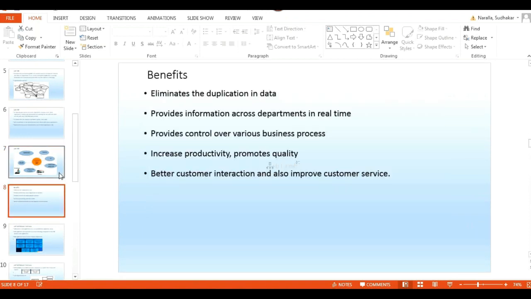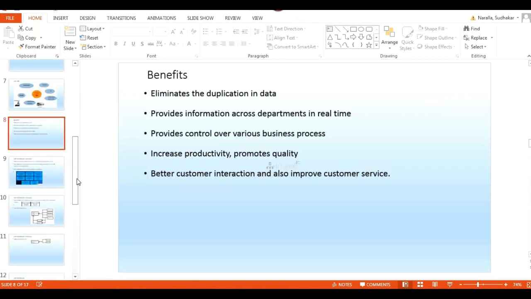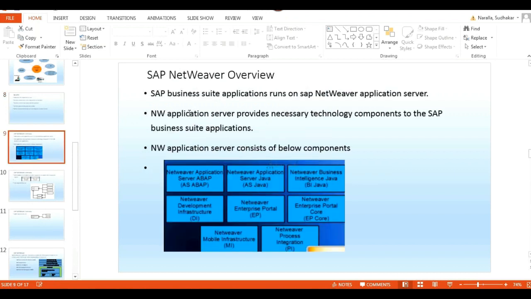Based on this technology, SAP has provided some components. The base fundamental components for NetWeaver are AS Java and AS ABAP. Based on this, SAP has provided components like BI, business intelligence, enterprise portal, development infrastructure, mobile infrastructure and process integration.